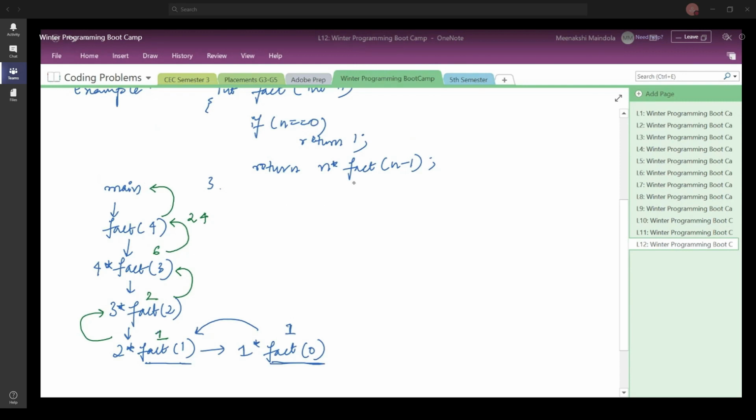So this is a simple recursive function. Now here, you see that we have the base case, which is n is equal to 0. As soon as we have n is equal to 0, we know that we are going to return, let us say, a constant value with which there will be no more recursive calls. As soon as this base condition is satisfied, there will be no more recursive calls and you can simply return.